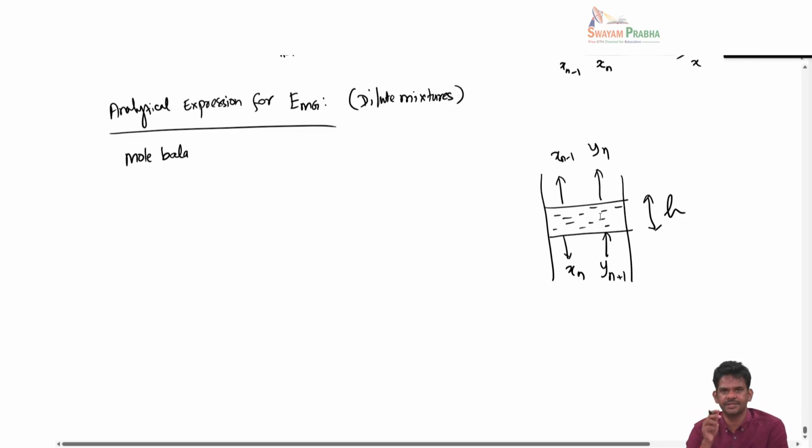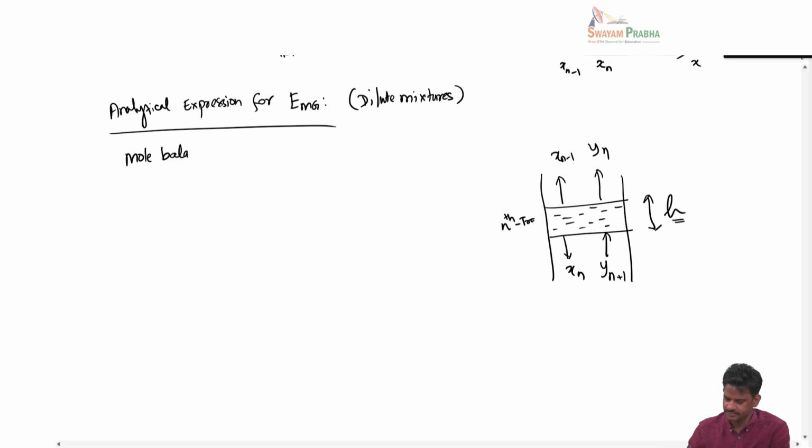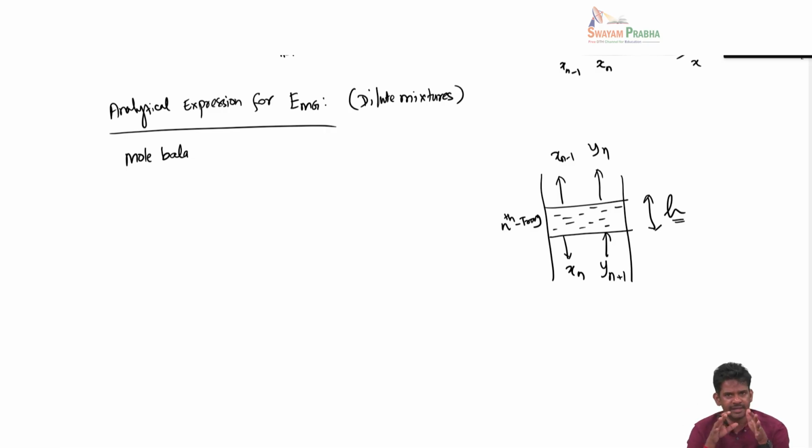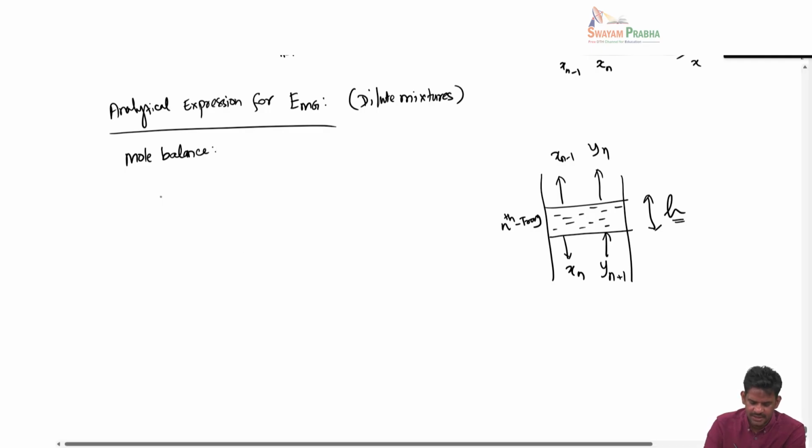There is a stage in which a column of liquid has height, let's say, H. So this is the nth tray. The incoming gas and liquid compositions were shown here. Now let's say that in this particular column of liquid, we assume that the gas and liquid are well mixed. Then the mole balance can be written such that G dy should be equal to